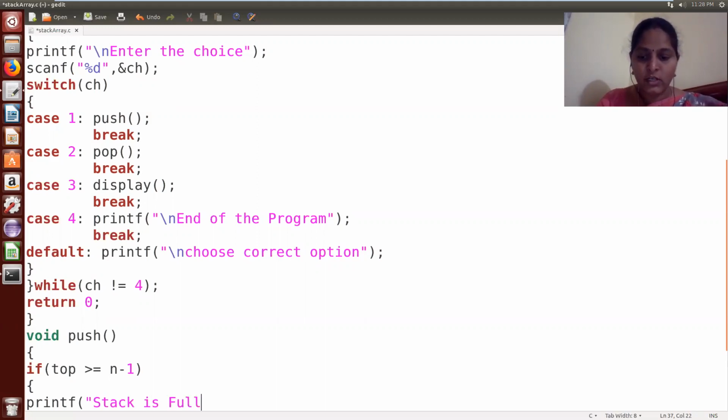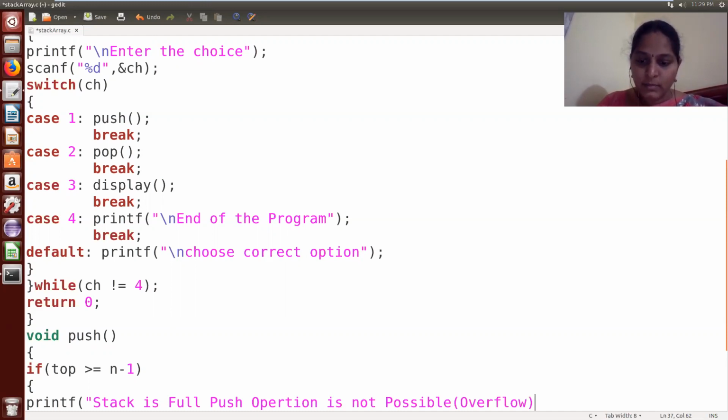Printf "Stack is full. Push operation is not possible." So this stack full condition is also called the overflow condition.